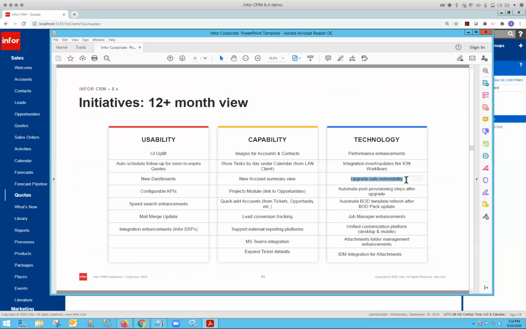So up till now, and until this comes out, when we talk about an upgrade, that's a substantial project, because we always have to retrofit customizations, and you got to get a developer involved,